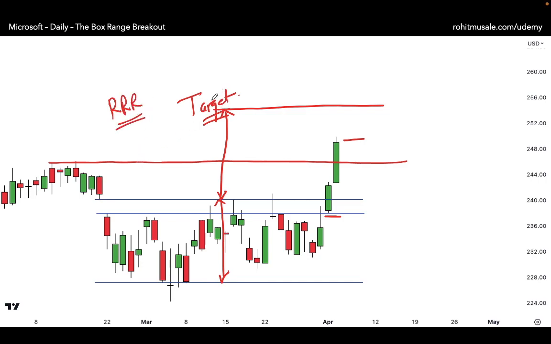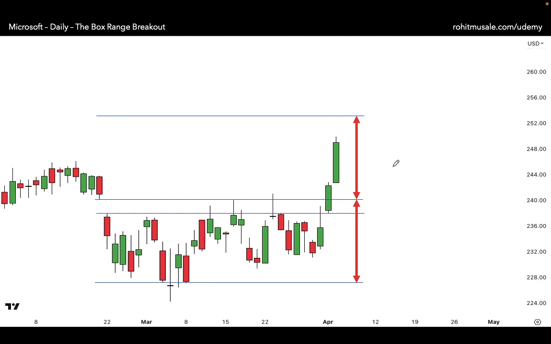Okay, so just because it's a target doesn't mean that it's a resistance. Aggressive traders can still buy at that point because it has broken the prior resistance, and the market, even if it crosses, can continue to go up from here. So here is the issue. I have drawn the distance. So this is the distance of the box range. I have projected that distance upwards. So that's the target. So if you buy here, you might want to exit here, take that small profit without